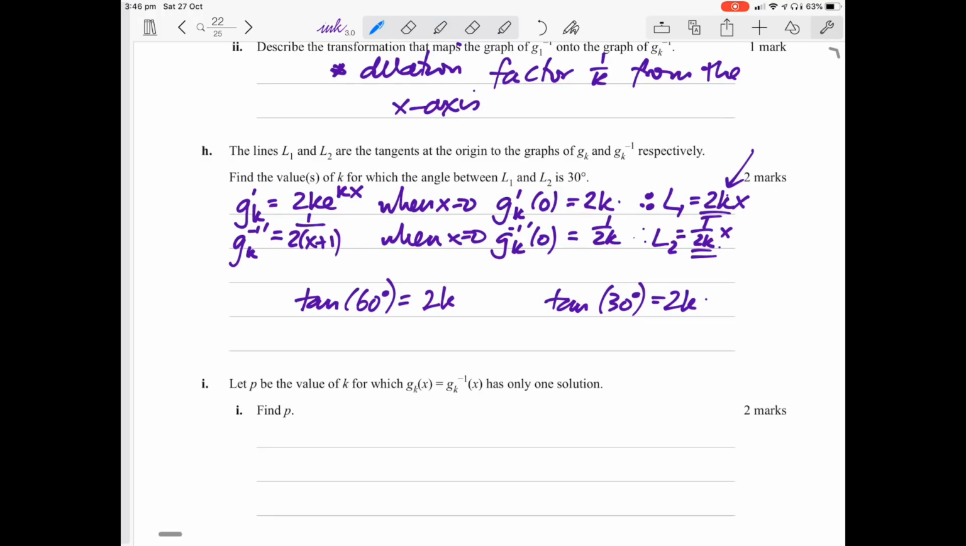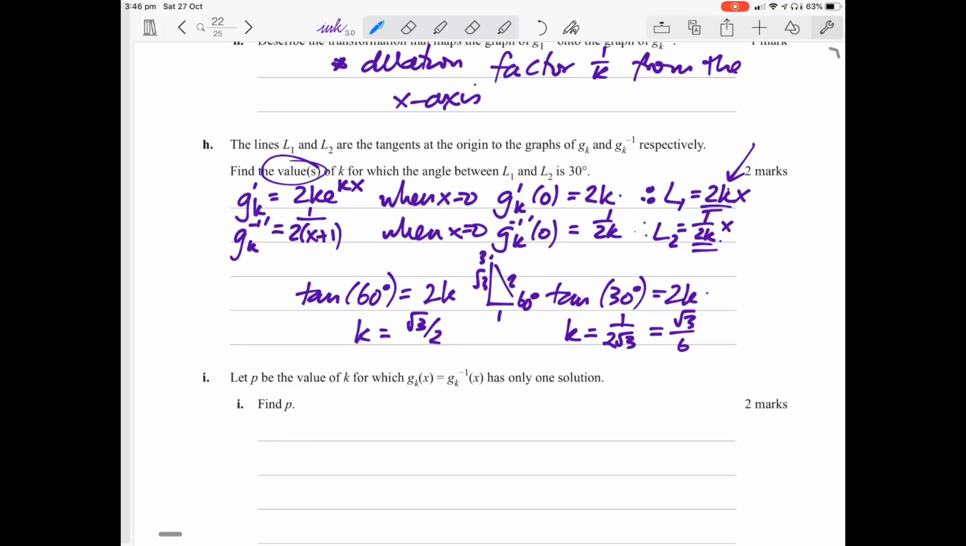Okay, so tan of 60 is root 3 on 1. So root 3 equals 2k, so k equals root 3 on 2, that's one solution. Tan of 30 is 1 on root 3, so k is going to equal 1 on 2 root 3, which is root 3 on 6. So it says find the values. So when k equals root 3 on 2 and k equals root 3 on 6,